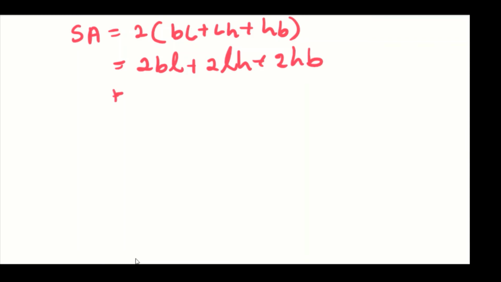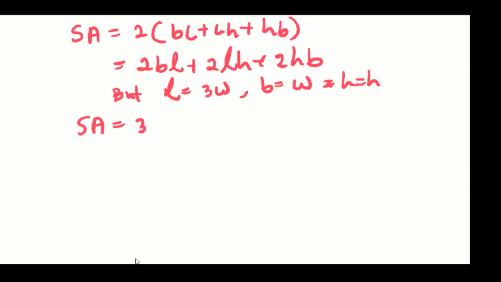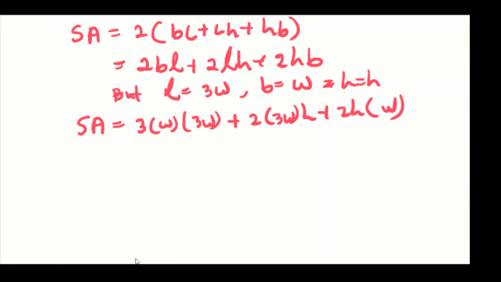And we are told that L is equal to 3W, B is equal to W, and H is just H. So surface area is equal to twice 3W squared plus 2 times 3W H plus 2HW. So it's going to be 9W squared plus 6,